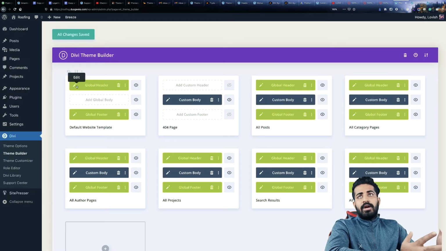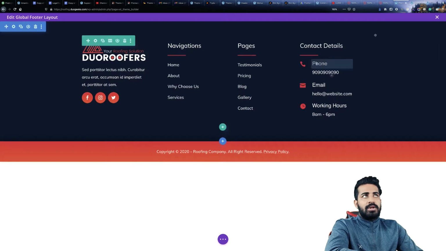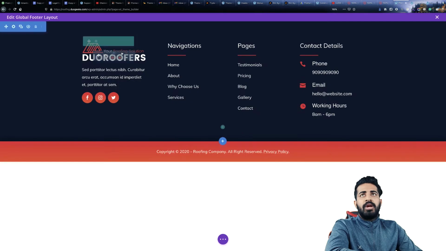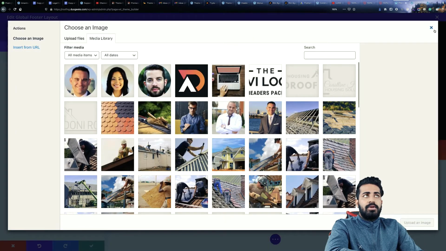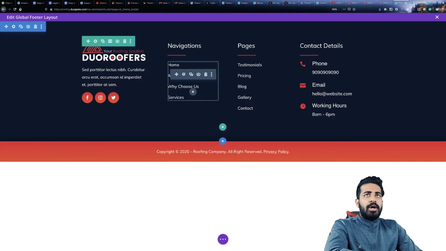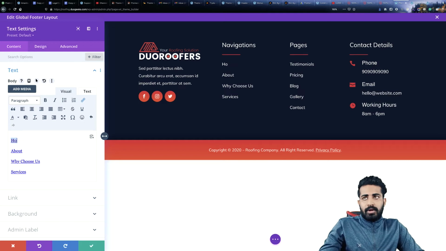Now as you edited the header, in the same way you just have to click on this pencil icon to edit the global footer as well. Once you click on this global footer, it will show the exact same version as we are seeing on the demo version. Now you can simply edit this as I have told you. You just have to click on this image, and then you can choose the image you want to upload, obviously the logo. Now for this part, you can rename it. For example, if I want to put